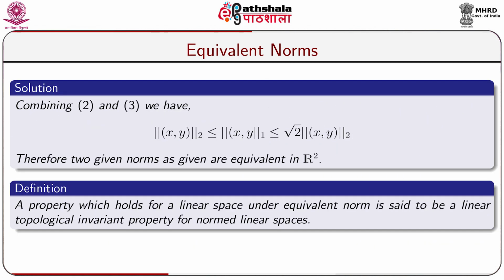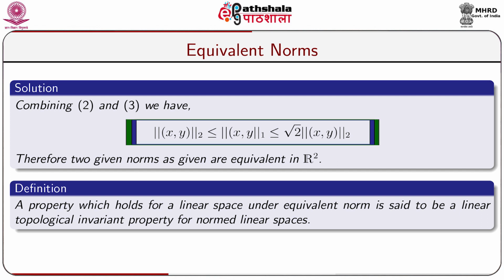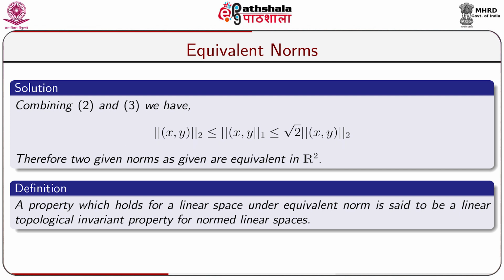Combining equations 2 and 3, we have norm of (x, y) under the norm 2 is less or equal to norm of (x, y) under the norm 1, which is less or equal to root over 2 norm of (x, y) under the norm 2. We have learnt that any two norms on a finite dimensional linear space are equivalent. We know that the finite dimensional space Cn, that is Euclidean n space over the field of complex numbers, is